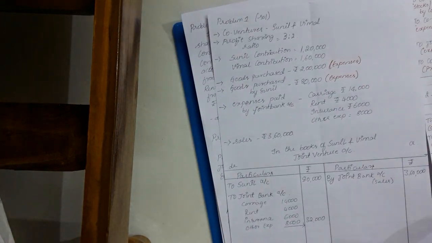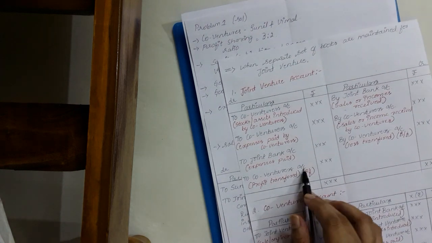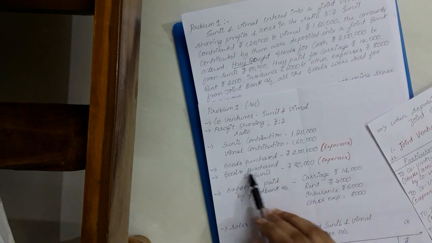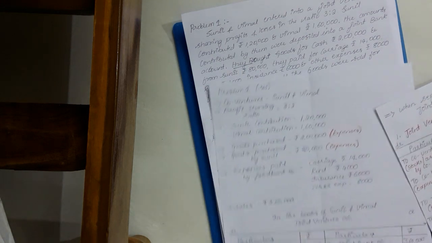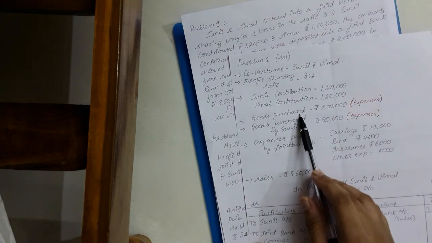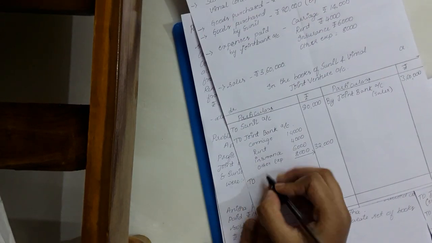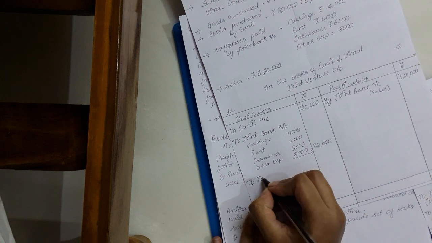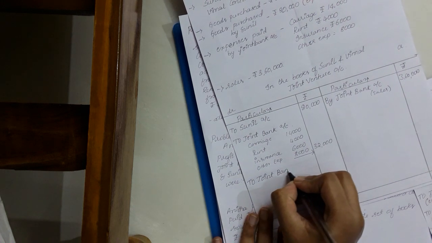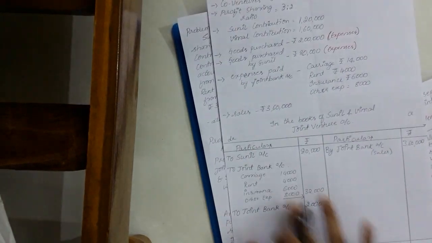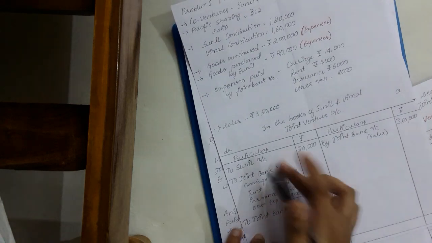Done. So next, by the co-venturers account profit, we are supposed to see if the credit side is more or the debit side is more. But before that, one more thing is there. Goods have been purchased, so that is also an expense. We need to enter that also. Any kind of purchase of goods is also considered an expense. So how will we be paying the expenses? To joint bank account. How much is the worth of goods purchased? 2 lakh rupees. So we have understood this much.